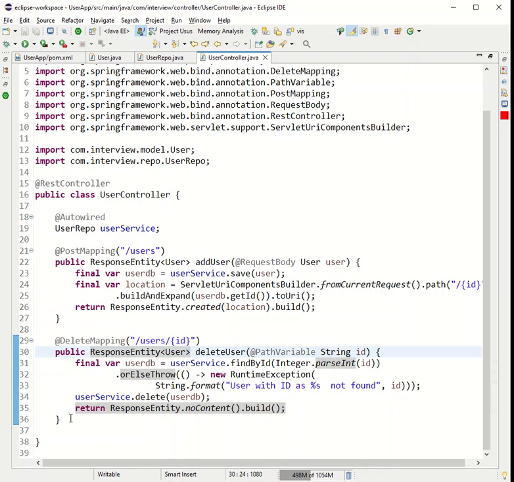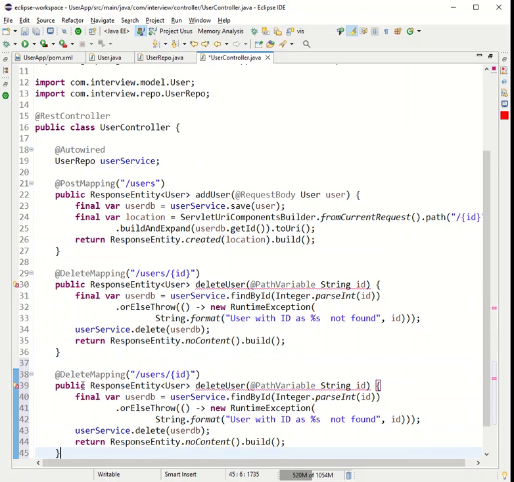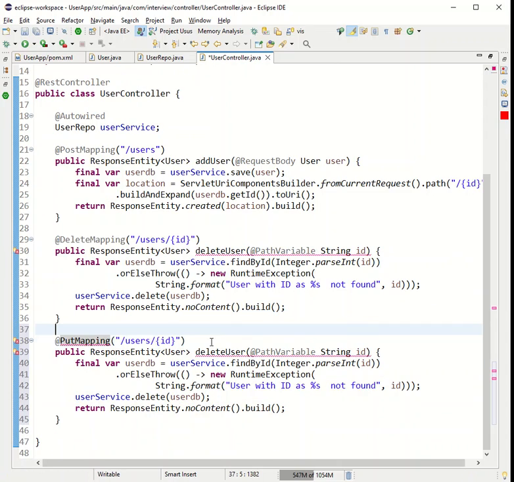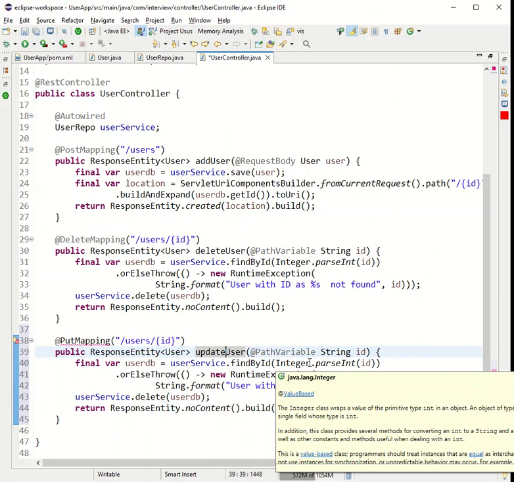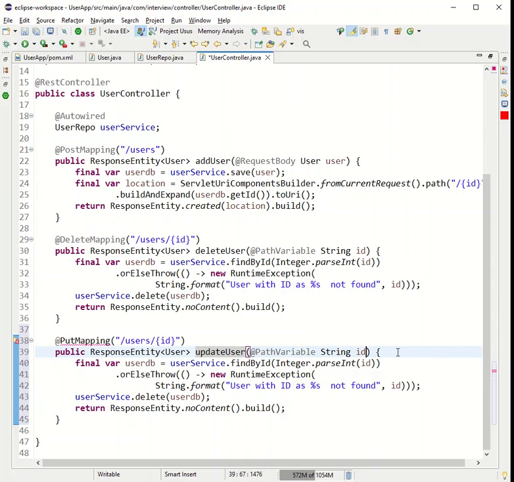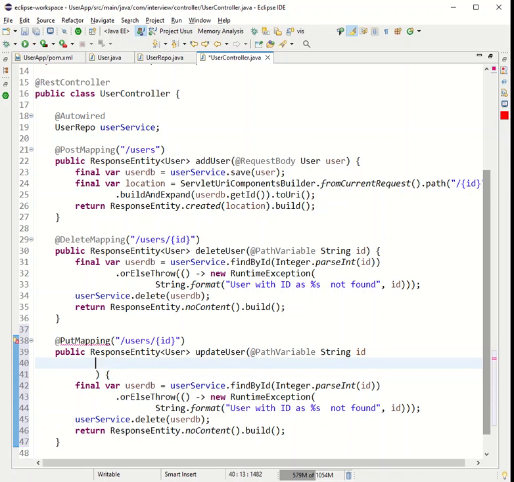Now we are going to create one more method where we are going to update the data of a given user, where I'm using a put mapping for a particular user. Instead of deleting, I'm going to update it. So even there I'll be using a path variable. Along with that,